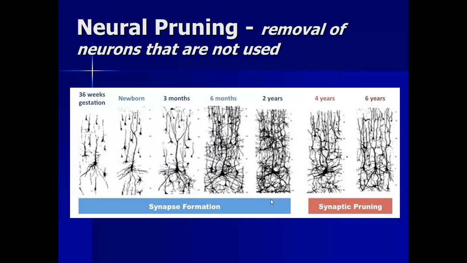All right. Pruning, you should know, also is influenced by environmental factors and is mediated, helped along, by chemical signals from glial cells. All right. So you can see as you go along there the amount of synaptic connections